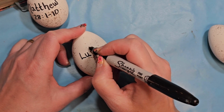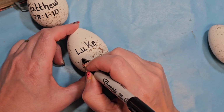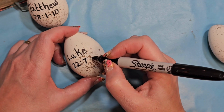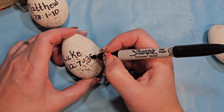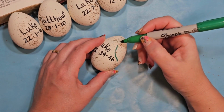And then I just took a Sharpie and wrote out some Bible verses on each of the eggs. And each of these selections are the Easter story from the different books of the Gospels in the New Testament. And I actually saw this idea on Pinterest, and I just changed it up a little bit